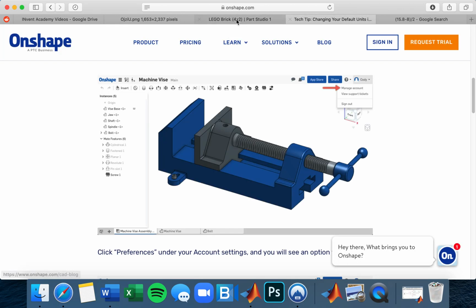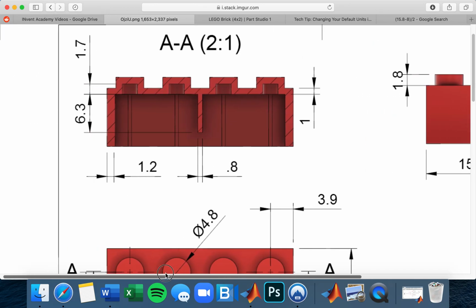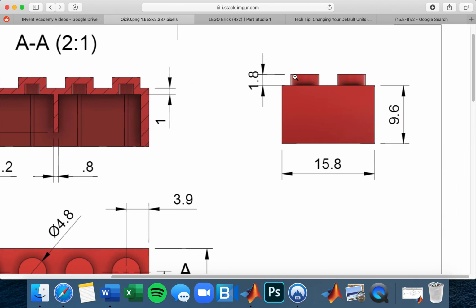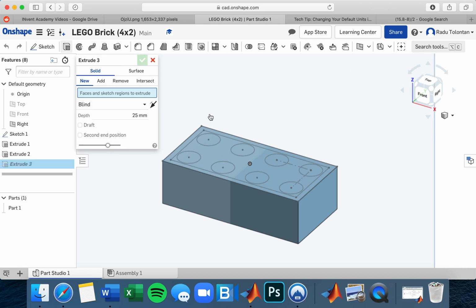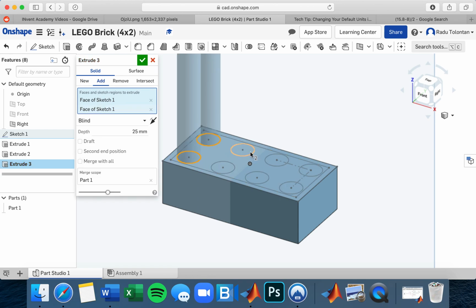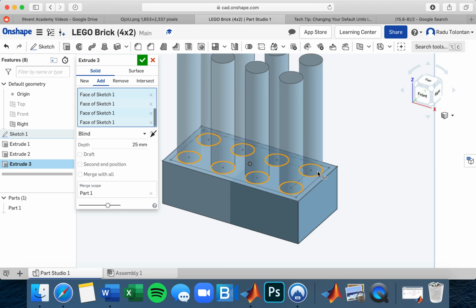And let's return to our drawing and see how tall the pegs are. The pegs, it appears, are 1.8 millimeters tall from the surface, from the top of our block. Therefore, I'll go back and I'll hit extrude again. I will click on all 8 of my circles. 1, 2, 3, 4, 5, 6, 7, 8. And I will say 1.8